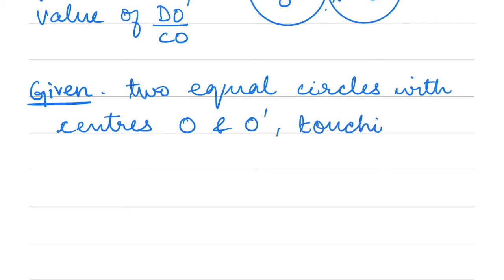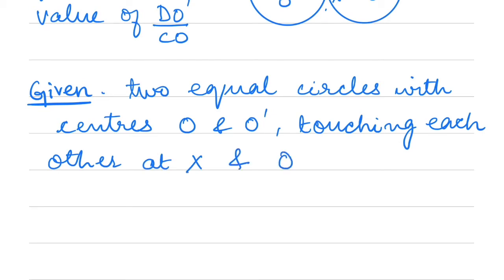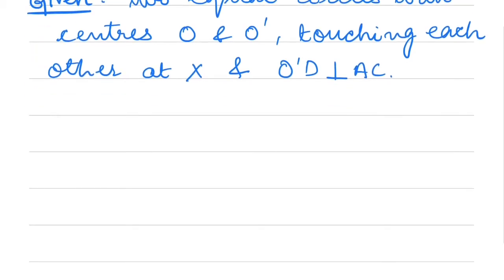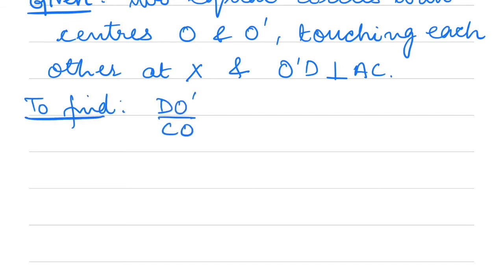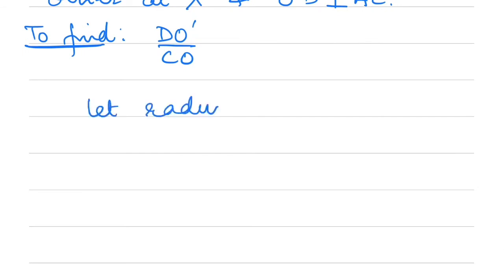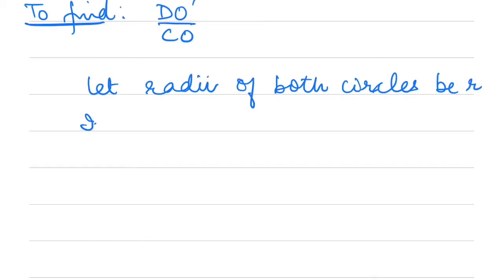touching each other at X, and we are also given O dash D is perpendicular to AC. Okay, and we have to find DO dash by CO. Okay, so let's say radii of both circles be R. In triangles ADO dash and ACO,